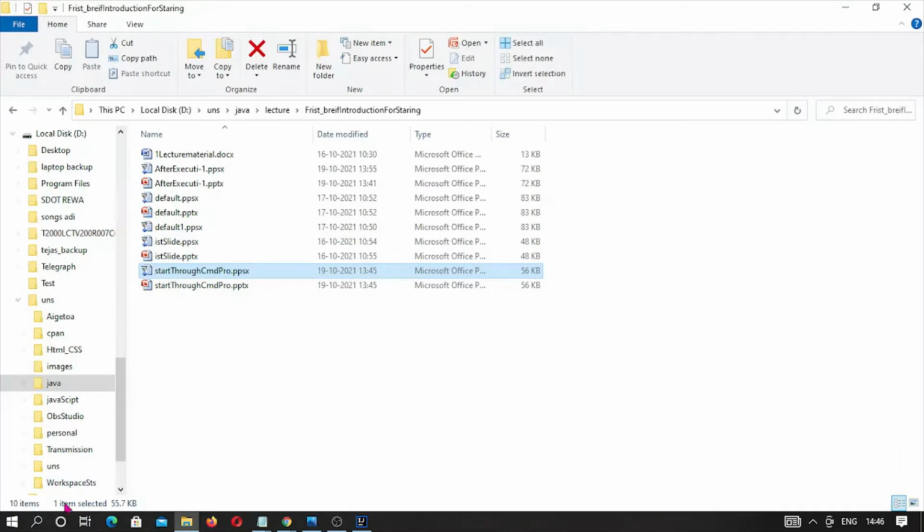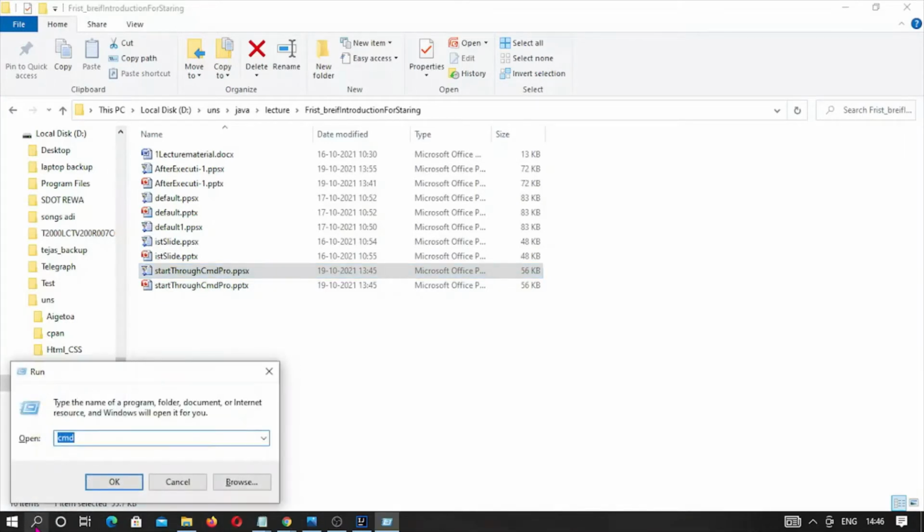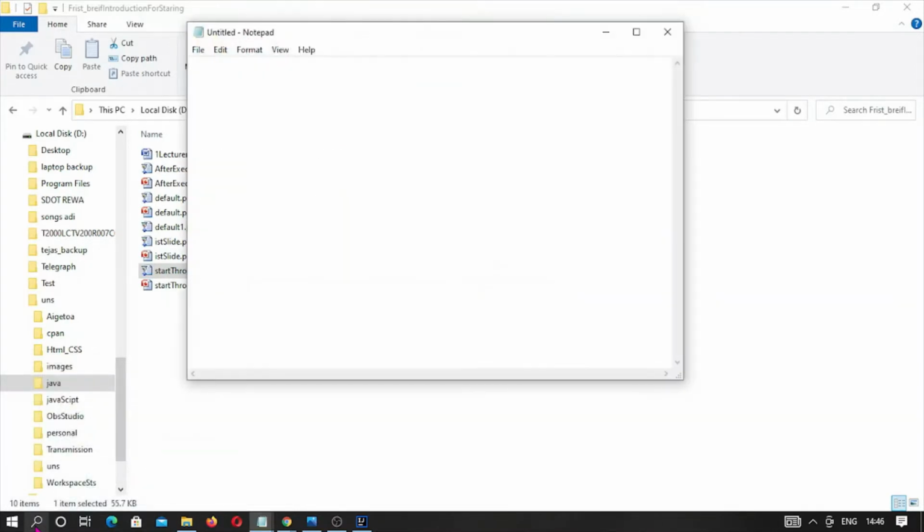So let me go on a search bar, search, and here we will press start and R, and here we will write notepad. Okay, so our notepad file has been opened and here we have to write a simple program.